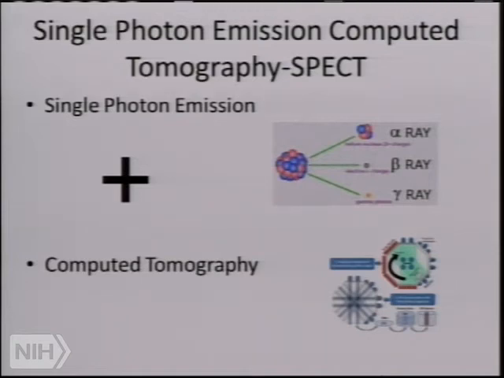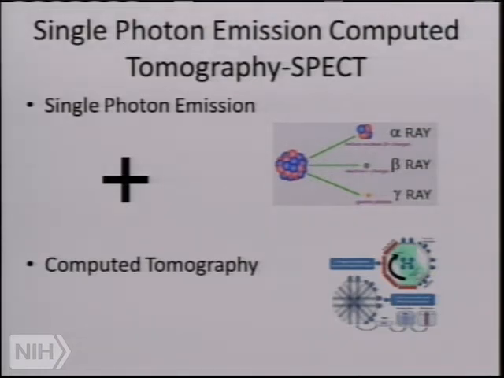So let's move on to the fourth of the 5 techniques that I want to talk about. We're making progress. And this is called single photon emission computed tomography, short SPECT. So we break it down into the 2 components, single photon emission and computed tomography. So computed tomography, you guys are already experts in. We don't really need to talk too much about that. That's back projection, no big deal.